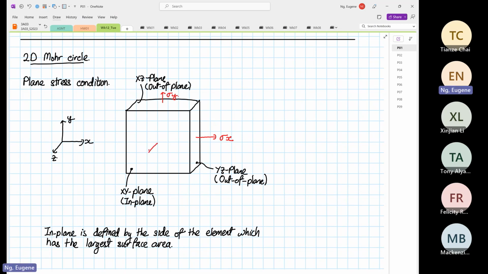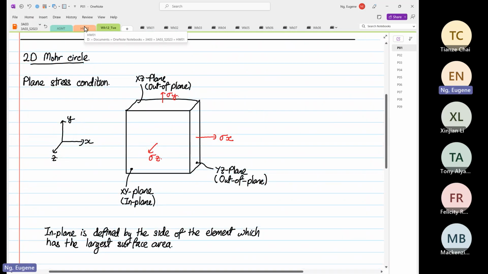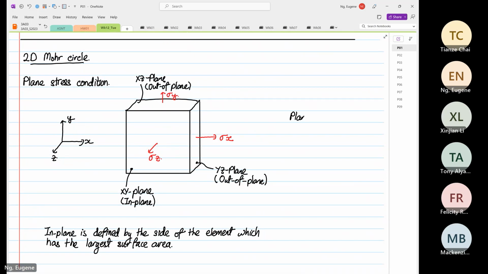And then we have one more over here, which is our stress Z, going in the Z direction. So if we were to look at plane stress condition,